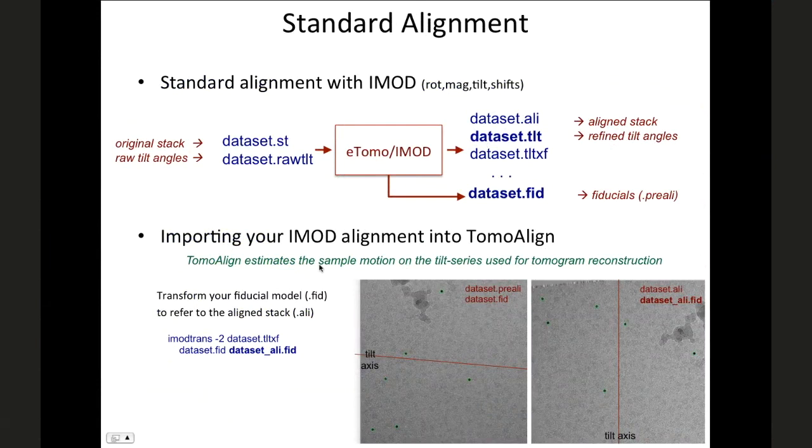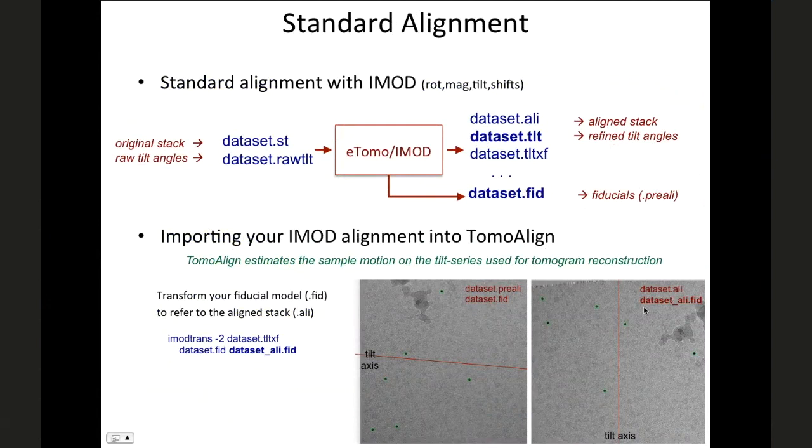So there is a small step here, which is the transformation of the fiducial model from the pre-aligned stack to the aligned stack, and this is carried out with this command that is described in detail in the documentation. So with this small step, we now have the fiducial referring to the aligned stack, and now